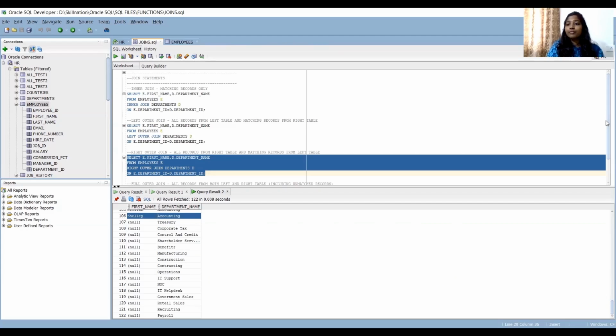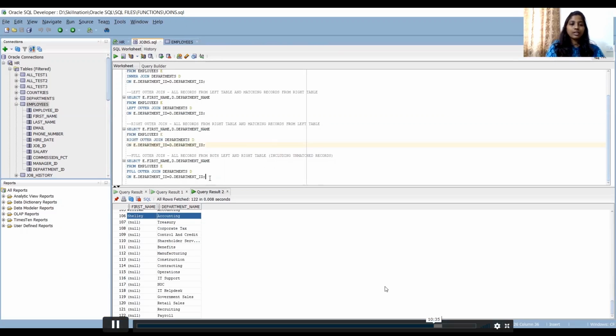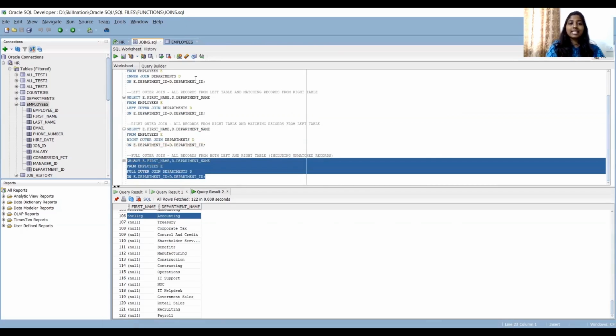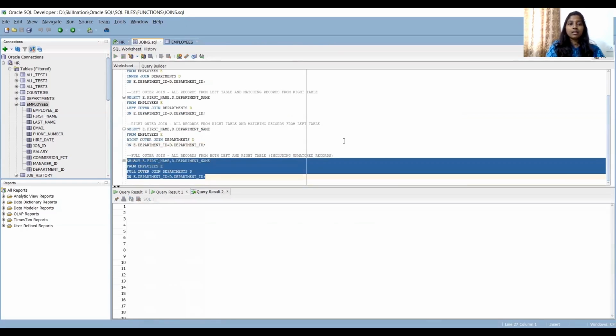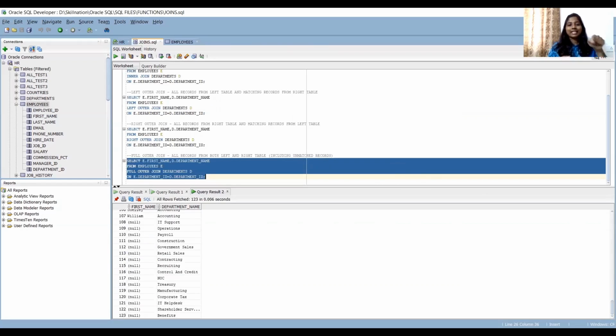Okay, what if we put full outer join? Matching records, then left out records from the left table and left out records from the right table. So far 122. Let's go and run the full outer join and see what we get. See, we have got 123.